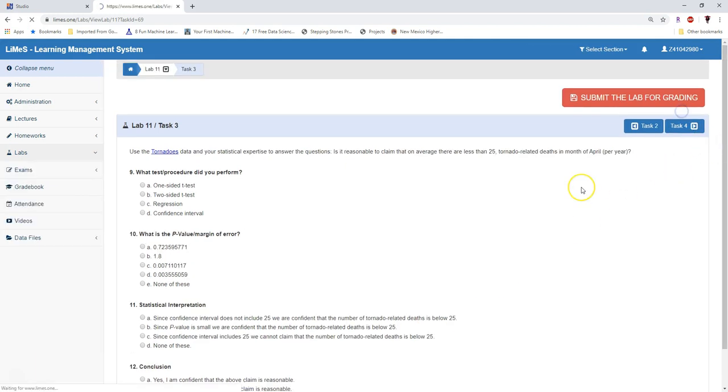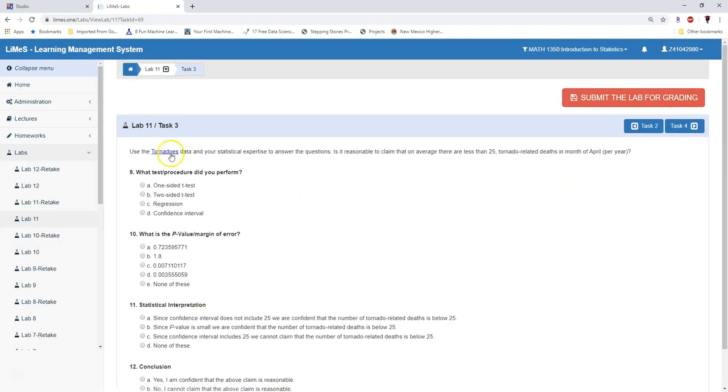Okay, task number 3. Use the tornadoes data and your statistical expertise to answer the question. Is it reasonable to claim that on average there are less than 25 tornado related deaths in the month of April? Okay, so here you can see that earlier in the case of regression we saw one variable affecting another,